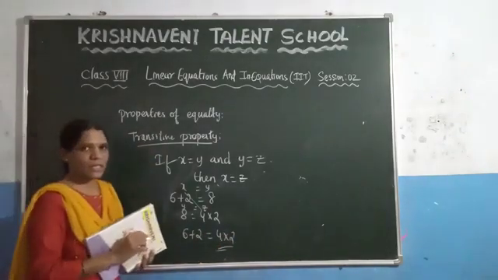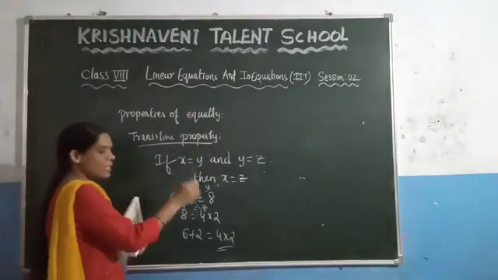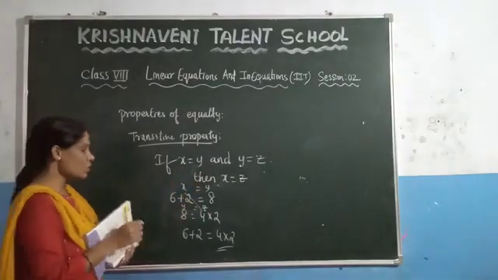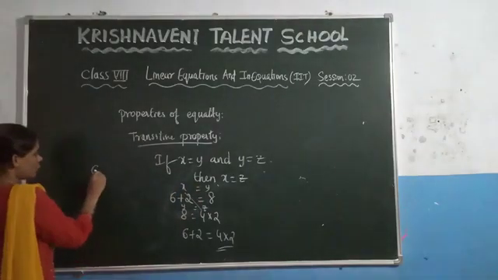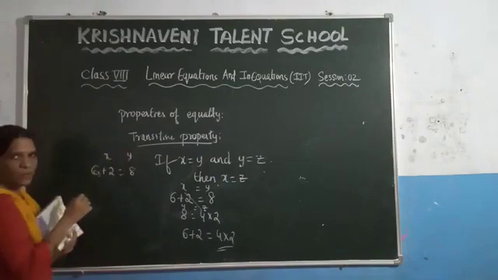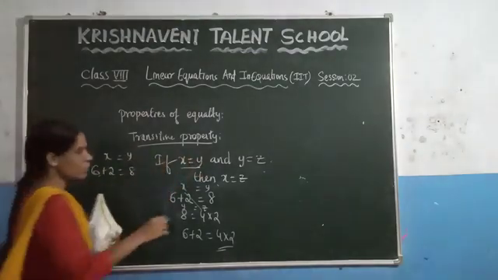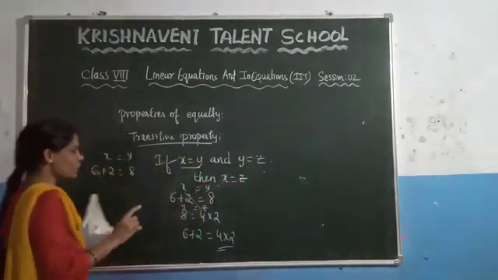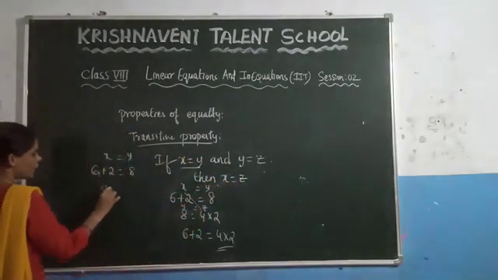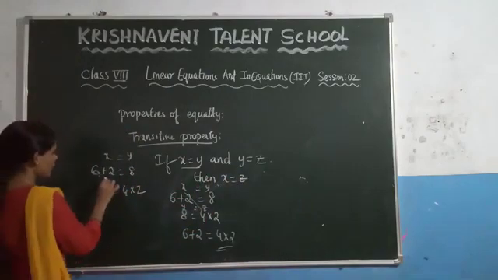Again, what it states is, if x is equal to y and y is equal to z, then we can say that x is equal to z. So with the same example, you know that 6 plus 2 is equal to 8, right? Let us consider this value as x and this value as y, and we got x is equal to y. Now you need to consider the equation y is equal to z. What is the value of y? 8. You can write 8 as 4 into 2, right? You know that this is the value of y.